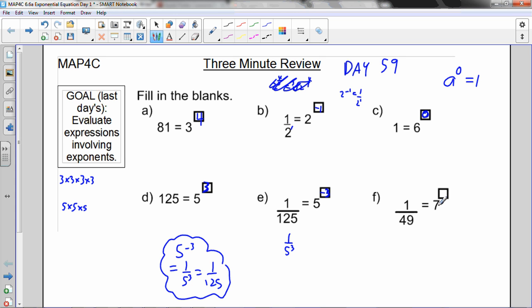Okay, so this one, what is it? Well, 49 is just 7 squared. I think of that in my head, and so since it's on the bottom, this is minus 2, isn't it? Easy, this stuff. And we'll see this train of thinking will allow us to solve equations